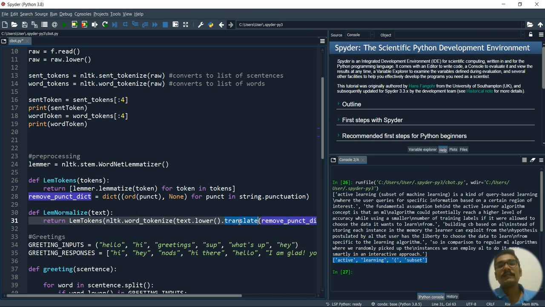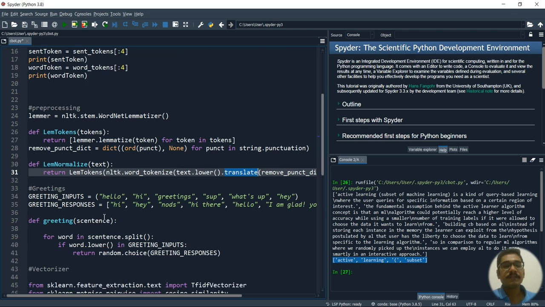So what translate does is it will do the grammatical counterpart for that. You won't understand it internally. The compiler does this in zeros and ones, but then the translate method will automatically translate. So this is the power of the NLTK library. It returns that thing. So these are the two essential functions required for pre-processing.